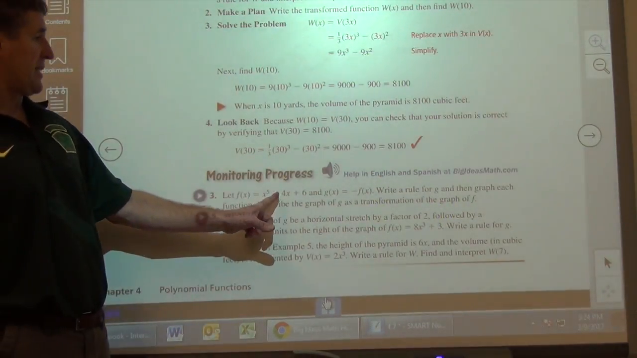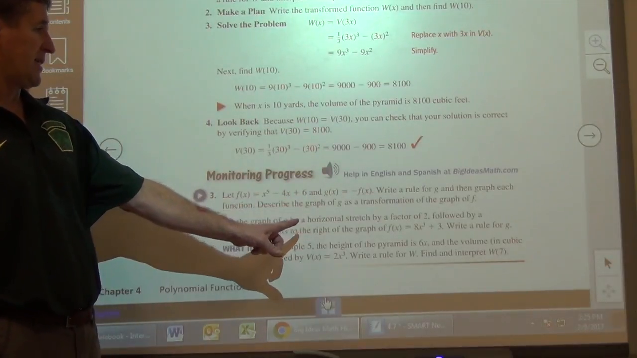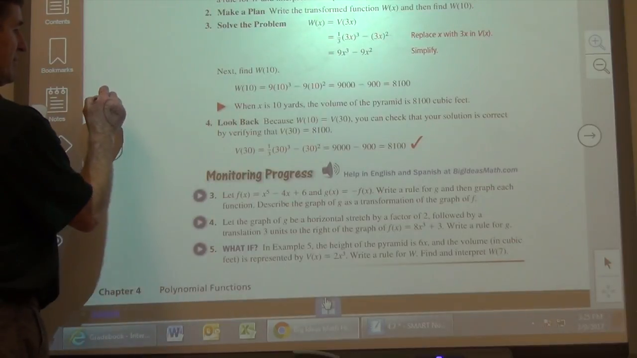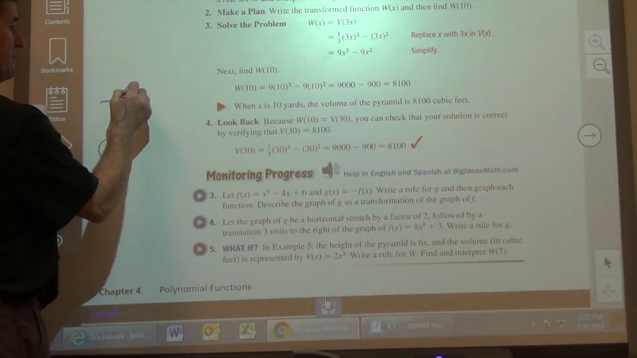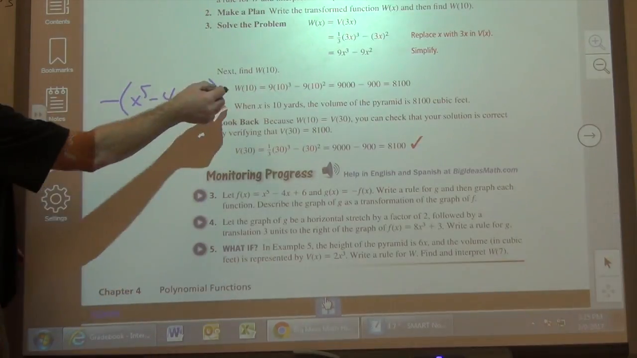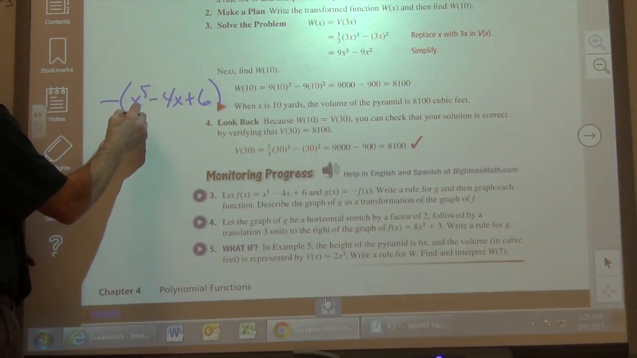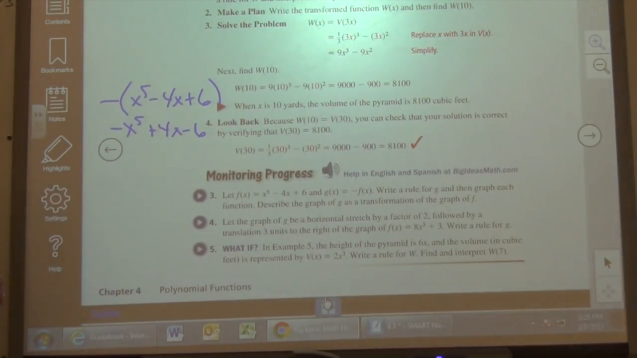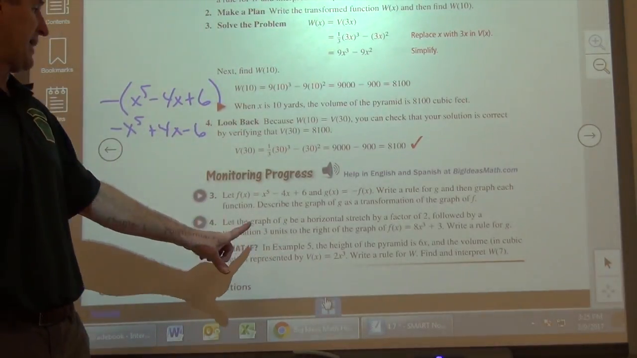So we started with x to the 5th minus 4x plus 6, and we're going to do negative f of x. So that just means, again, we do the whole thing. And then simplify it, so we distribute that negative sign, and we're done. Example 4, if you did that right, it says,